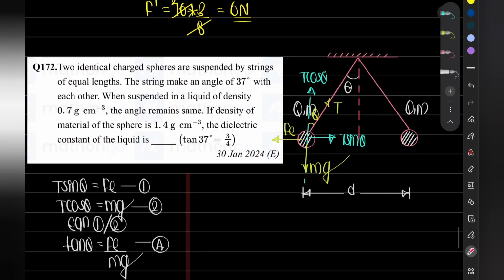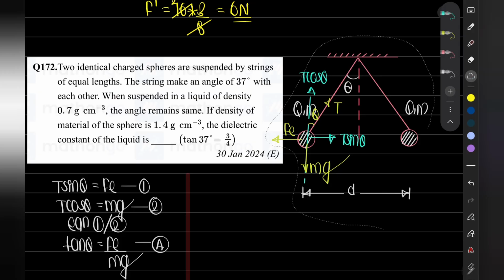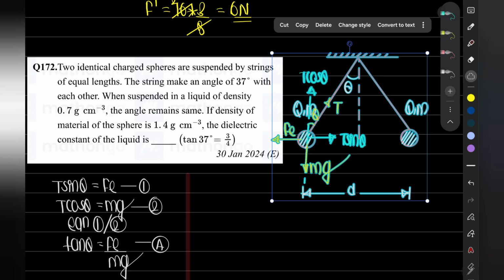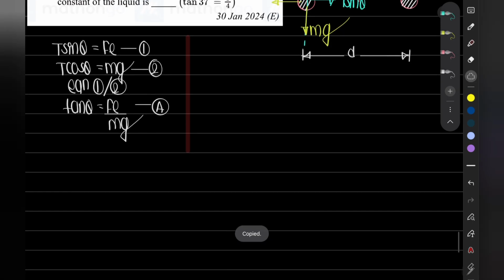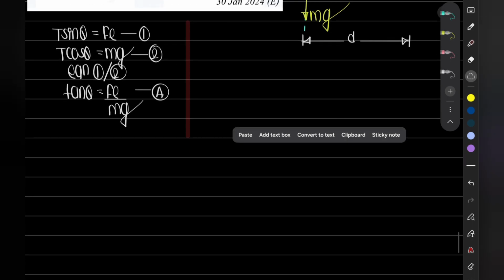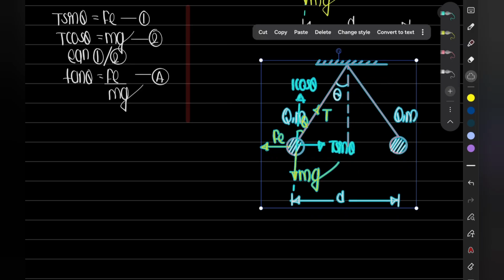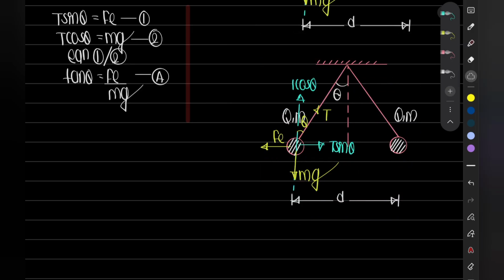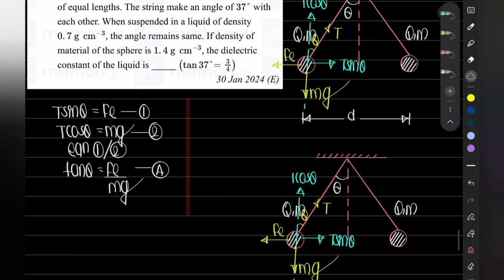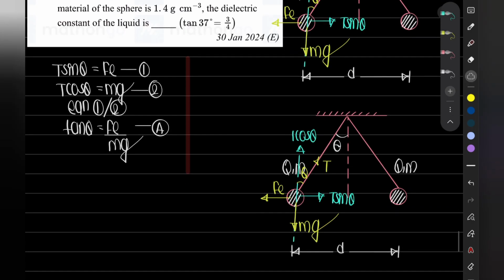I'm going to use the same diagram. We will need this because there are certain things which I need to change. So I will just copy this diagram so that I can redraw and show which things will change. Now this setup is taken into the liquid, and when we have taken this system into the liquid, we